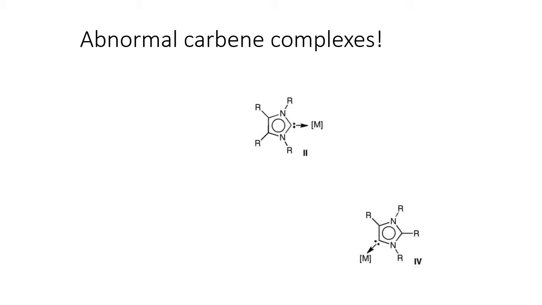And of course, if I now block this carbene carbon with an R group and make a carbene in a different position, let's say the carbon which is not in between the two nitrogens but away from the two nitrogens, then I can also have a carbene. This carbene now has got very good sigma donation properties. It is still an aromatic system,